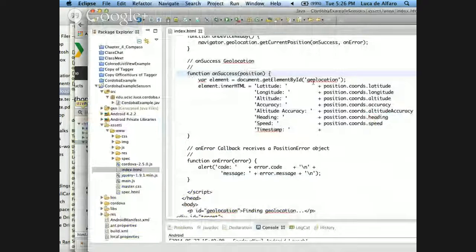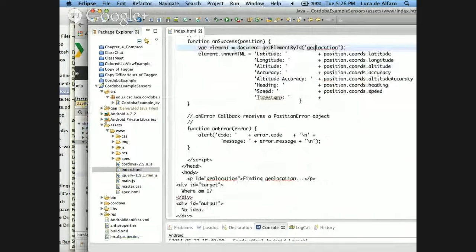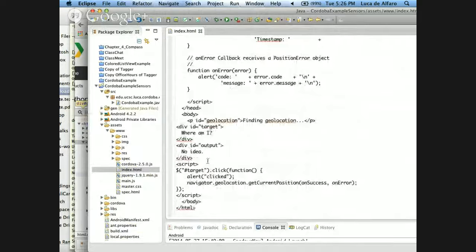As you can do findViewById, in JavaScript you can say document.getElementById geolocation, and this will get any element that has an ID equal to geolocation. And here in the body there is a paragraph with ID geolocation that says finding geolocation.